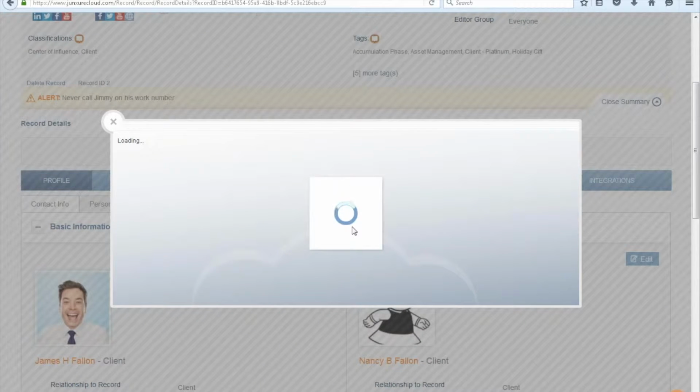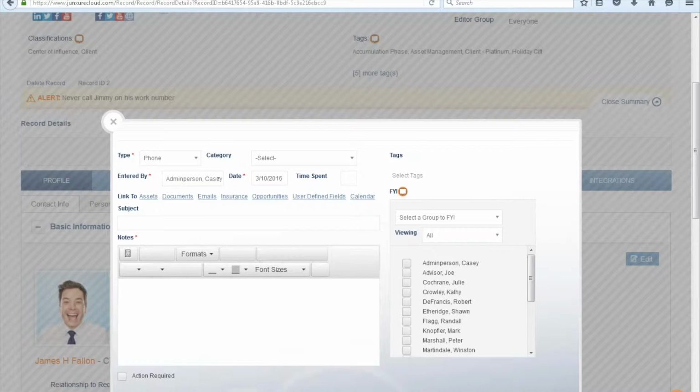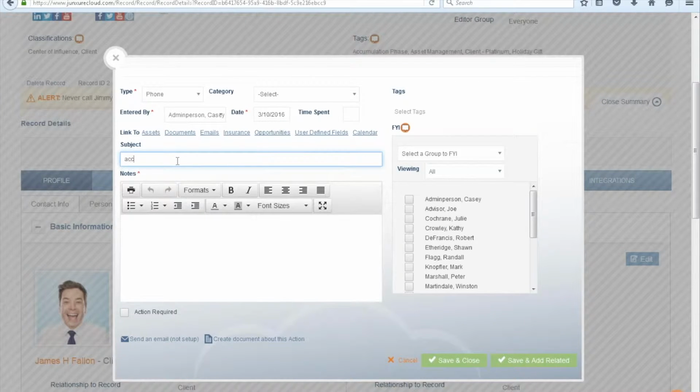And my action information box pops open. I'm going to put my notes in here. We'll say this is account questions. We'll put a note in here saying Jim called with account questions. I'll try to spell this all right too. Needs a call back. Now, if that were it, if the assistant were just taking some notes about a phone